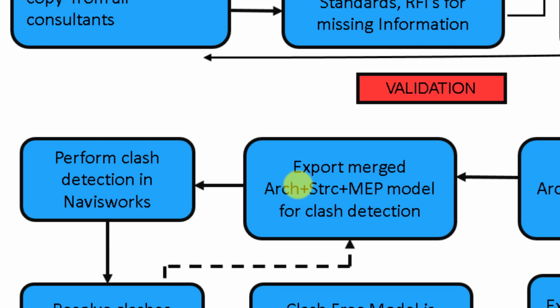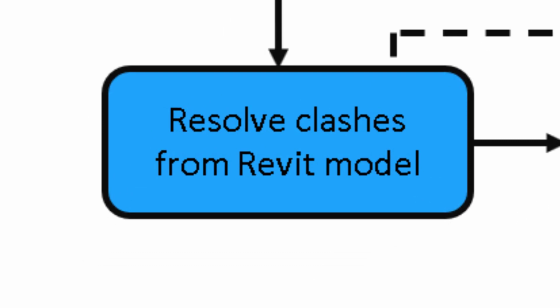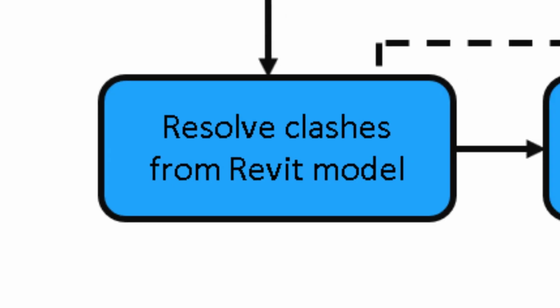We detect the clashes. Now remember one thing, inside Navisworks we detect the clashes, we don't resolve the clashes inside Navisworks. Okay, so for resolving the clash we move on to Revit. So we detect over here in Navisworks, we resolve these clashes inside Revit. So there is also a workflow for detecting and resolving the clashes in the Revit model.